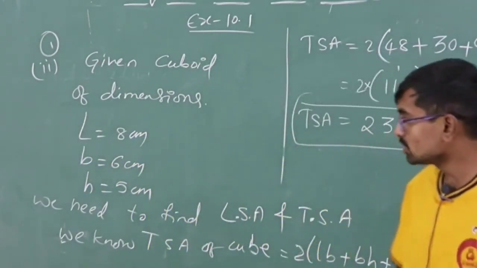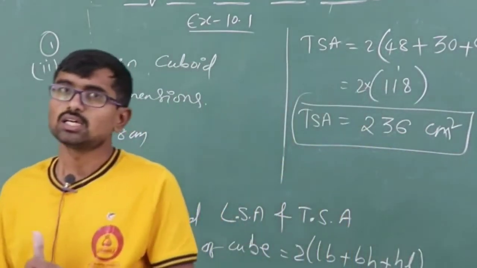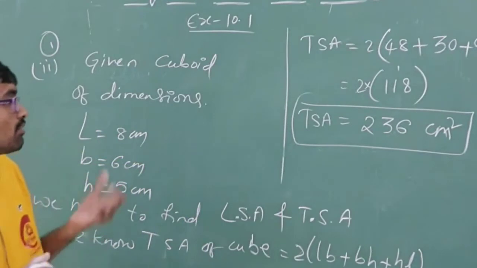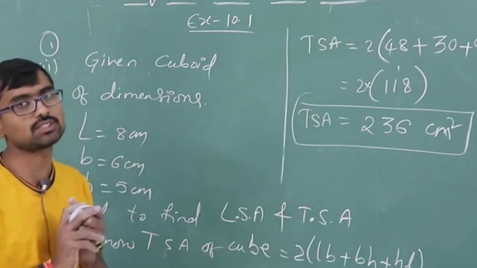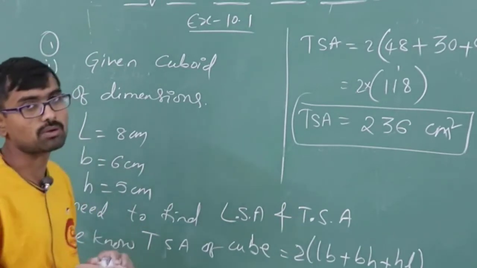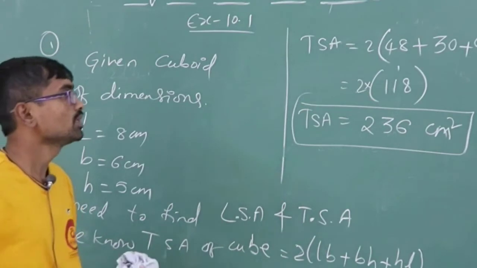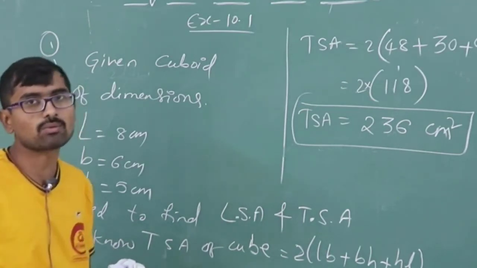Okay, hope you all understood. So what we discussed: we first discussed how we got the formula of total surface area, lateral surface area, and volume of the cuboid, and then we simplified this first problem. Now if I want to do one more problem, we'll just see one more problem based upon this.